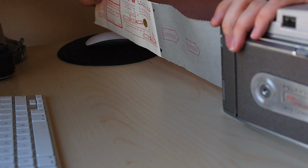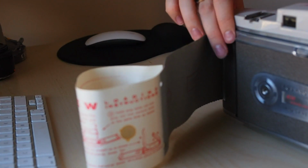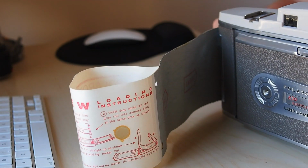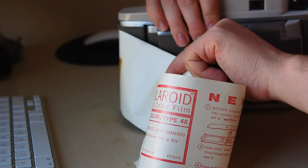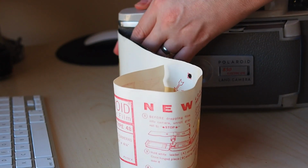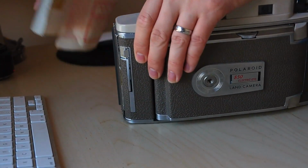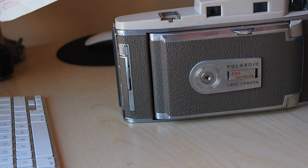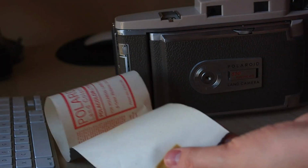Cool. So we need to push down the cutter. Somehow we need to cut this off. Do I just pull this? Not sure how this cutter actually works. Aha! Like that, presumably. So now pull this down a bit. We have the leader that's being ejected, and as it says, do not